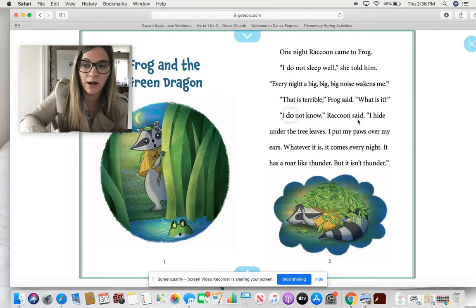"I do not know," Raccoon said. "I hide under the tree leaves. I put my paws over my ears. Whatever it is, it comes every night. It has a roar like..."